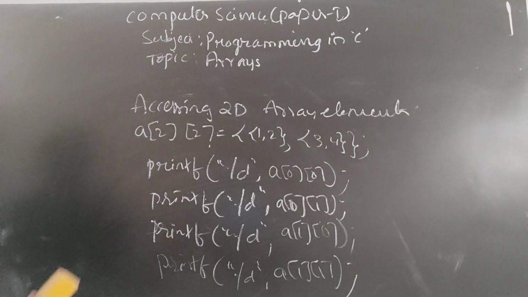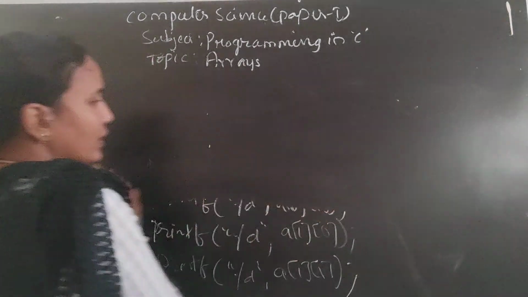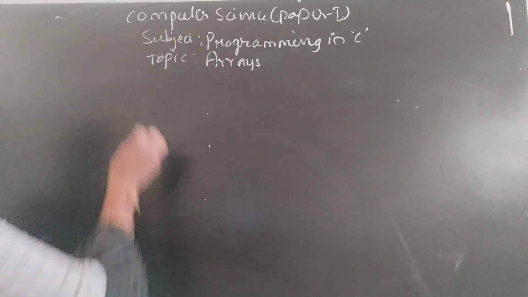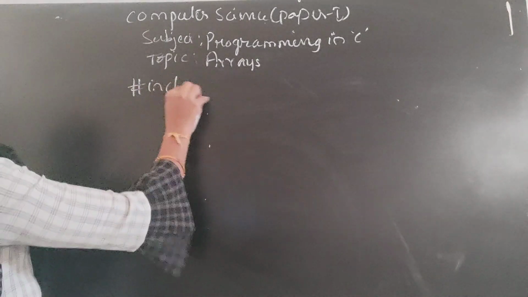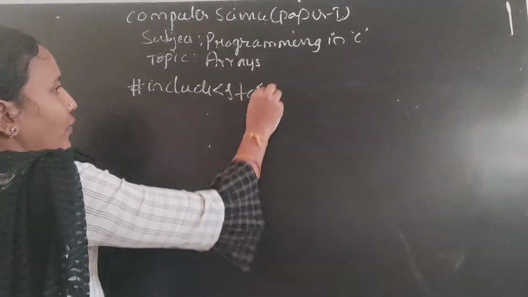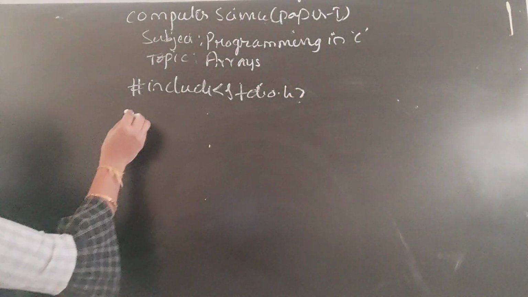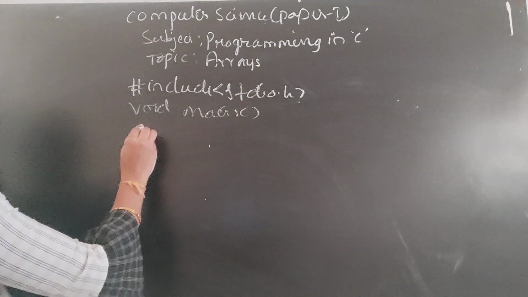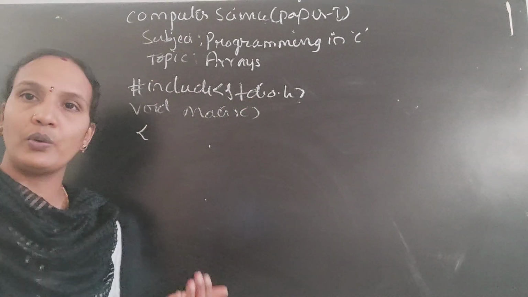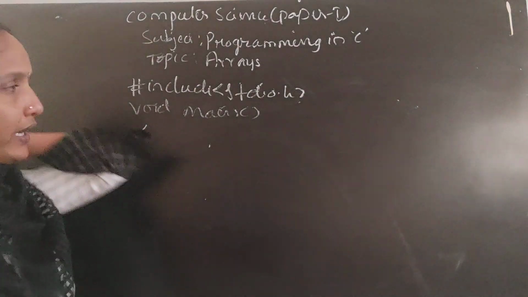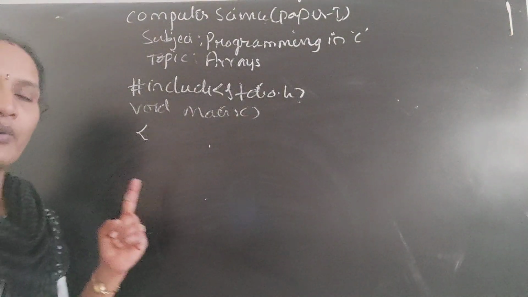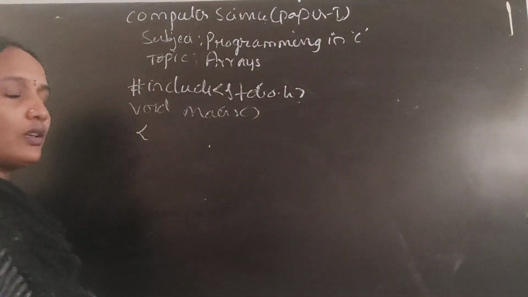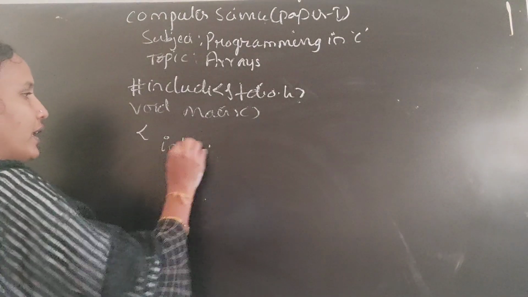Now we'll write an example program including initialization, declaration and accessing. The main header file, yesterday it was standard input and output, then the main function. From the main function your program execution will start. Whatever variables you are going to use in the program should be declared in the declaration section. Main contains 2 sections: one is the declaration and the second one is the execution. In the declaration we declare all the variables we are going to use in the program. So here I am declaring like this.